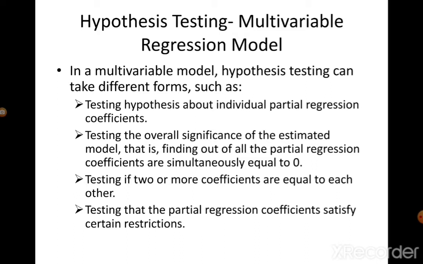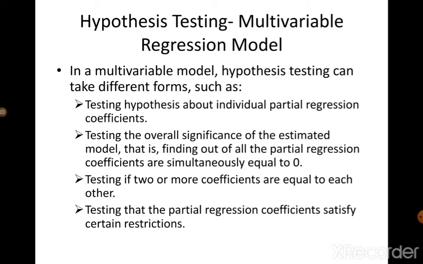So let's say you're regressing income levels, or maybe per capita income levels, and wealth of the society on consumption expenditure. So now we know that the coefficient for the national income level, that is beta 2,